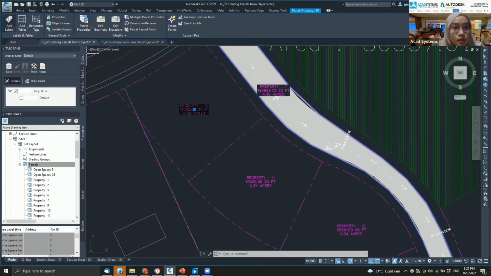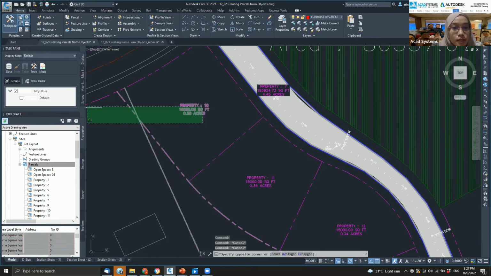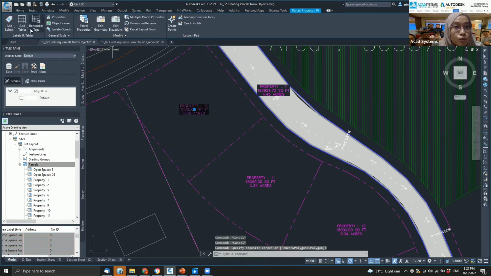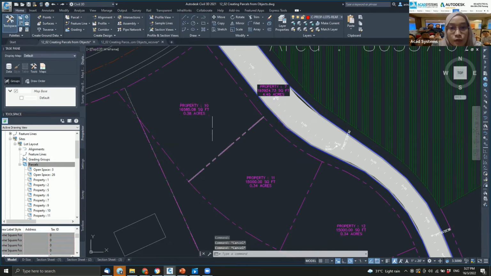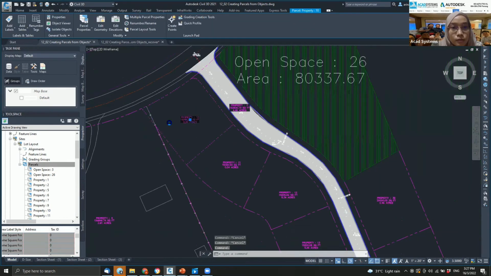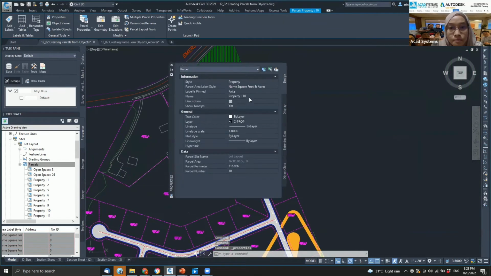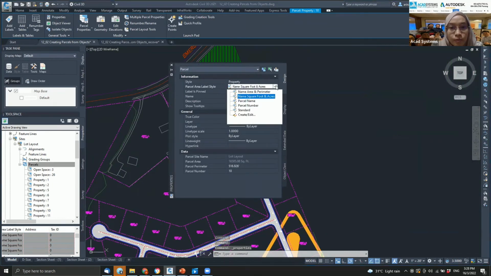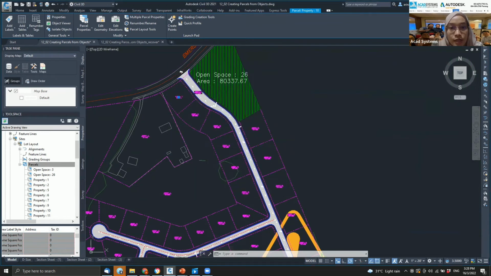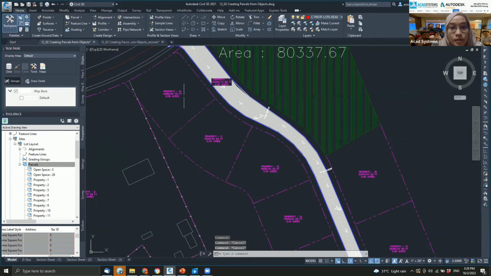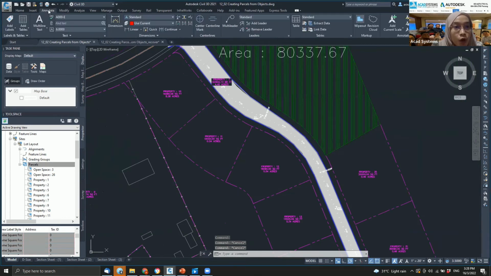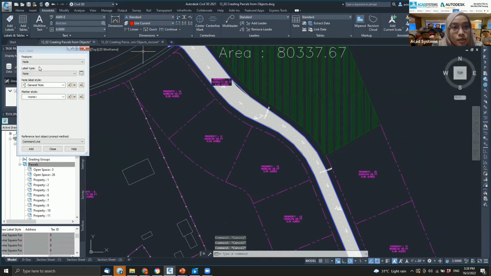So this one, select this one and then go to area. See, okay, so you can change, maybe you want to change this one only as the number. So click on this one, or you can always go to, let me see, annotate, and then go to add labels, and then the feature